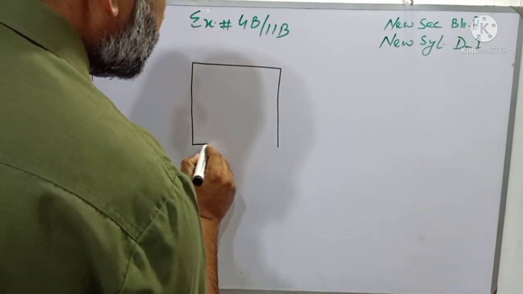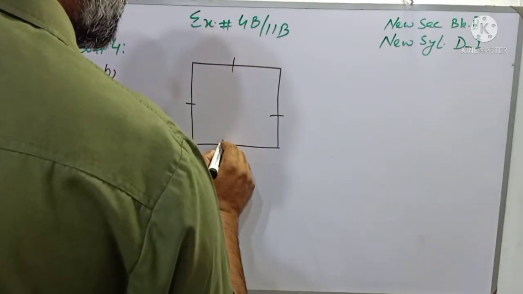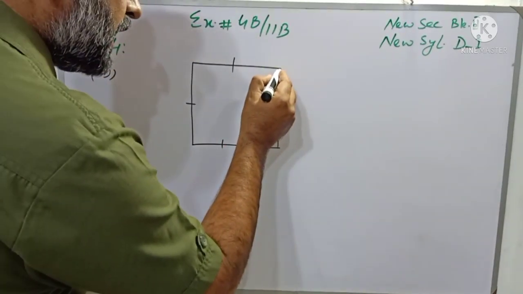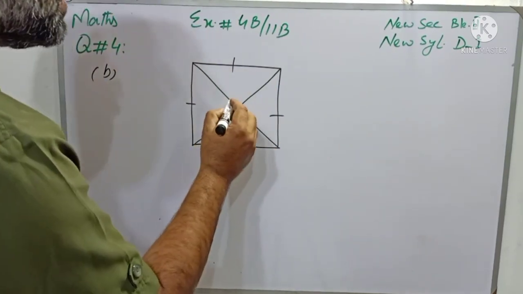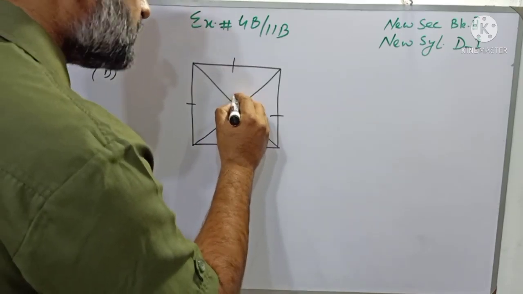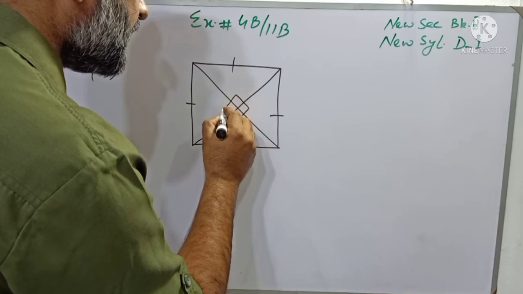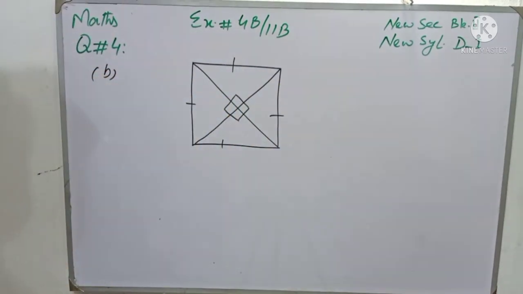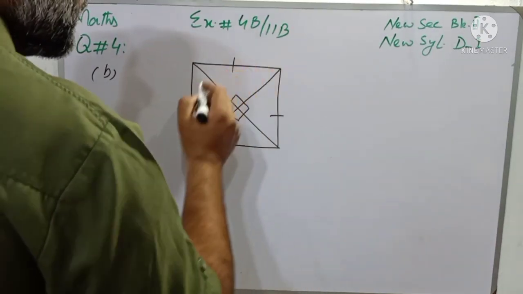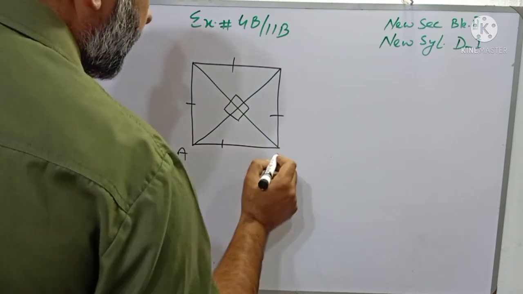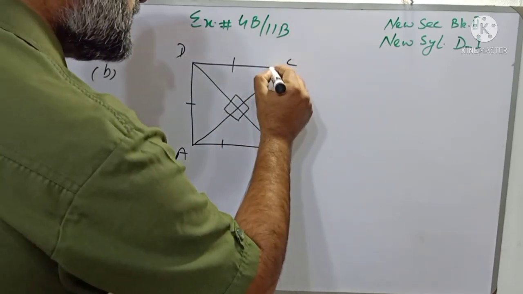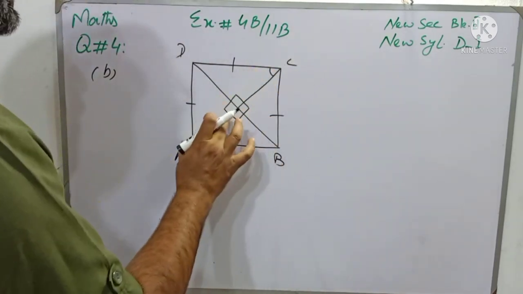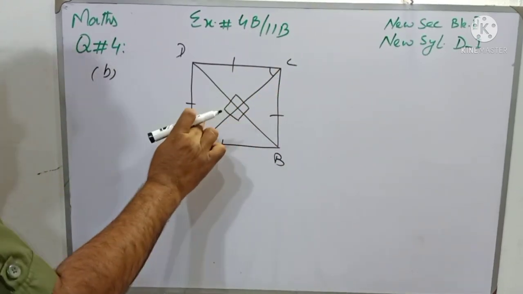I have told you the characteristics of a square. A square is a figure in which all sides are equal and all angles are equal, and the diagonals of a square bisect all the angles and bisect each other at right angles. So students, these are all right angles, and the diagonals bisect each other. One thing more, the name of this square is ABCD. And students, this angle is 45 degrees. The reason is that the diagonal of a square bisects each right angle.